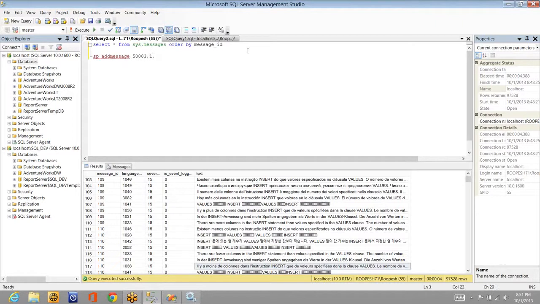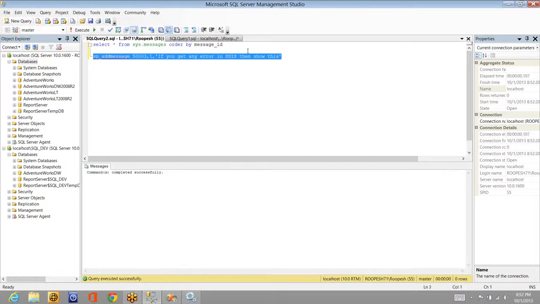Language is one setting I'm doing, and currently if you get any error in SSIS, then show this. So I'm executing this, and you can see the command executed successfully.